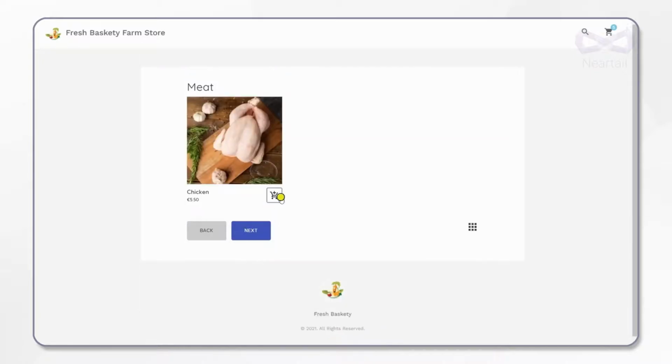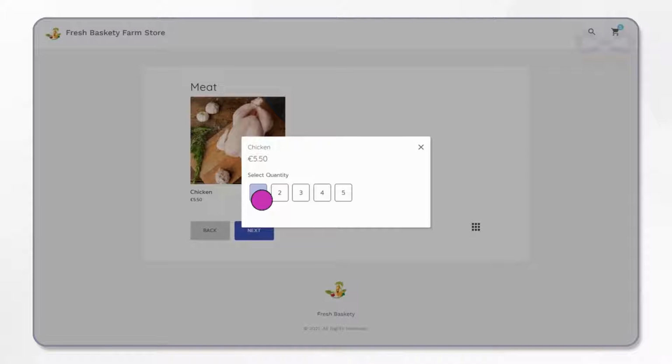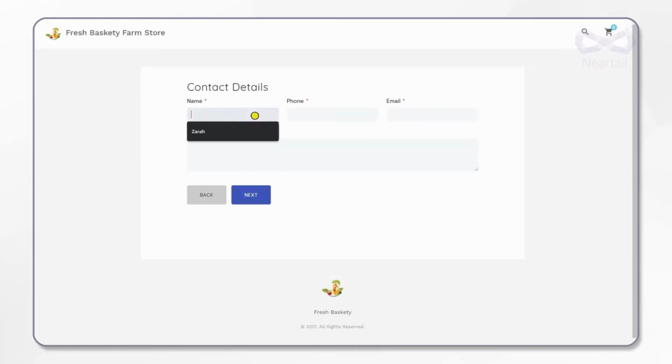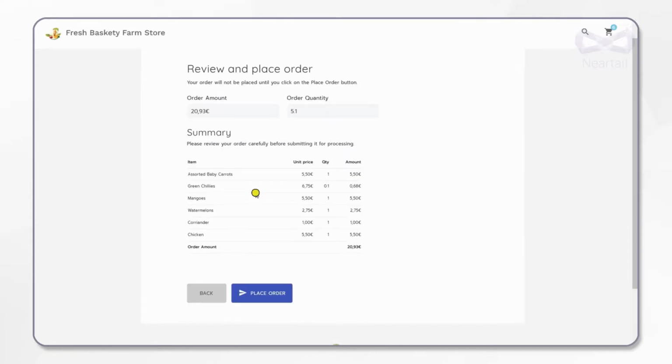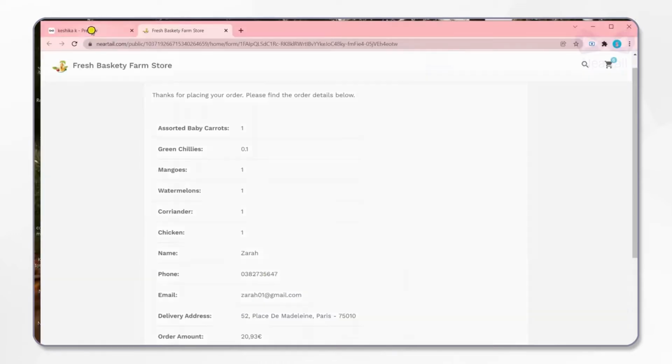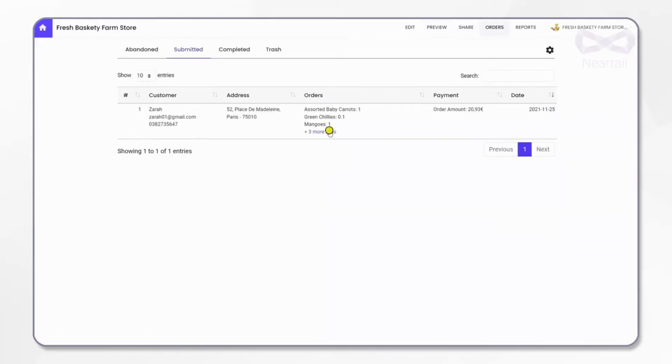Also, I'm only shown what is available at your farm shop currently, and I can precisely choose only the things that I want. I click on Next, and now I'll go ahead and write my contact details and address for delivery. I can see the order summary and the order total. This makes it easier for me to know what and for how much I've ordered. Now I click on Place Order. At your end, you can go back to your order form and click on the Orders tab here to see the list of orders that you've received.